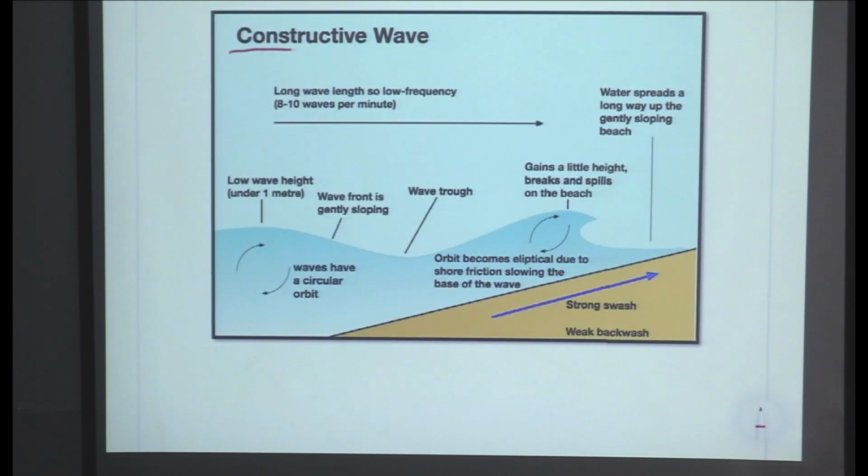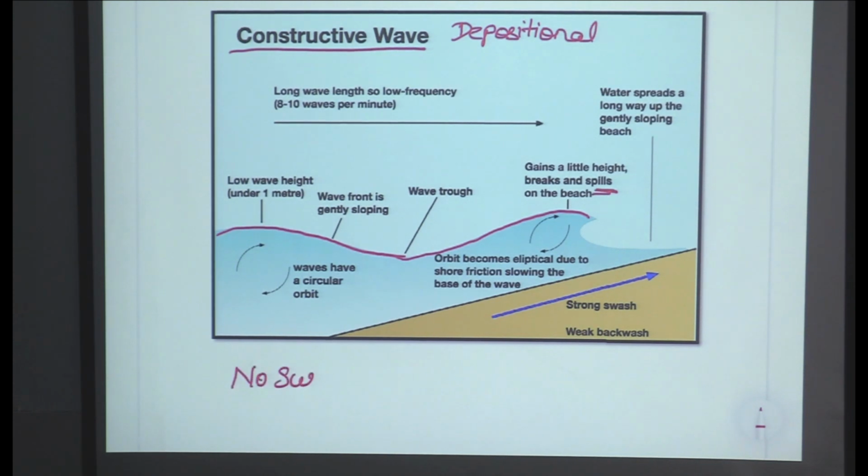Compared to it, the constructive waves are depositional waves. Carefully see it. Low wave height, under 1 meter, wave front is gently sloping, wave trough, I'll have very little height. So, they break and spill, it's not surfing. So, note here, no surfing might be somewhat inappropriate. So, in place of surfing, we are saying it is the spilling, the breakers